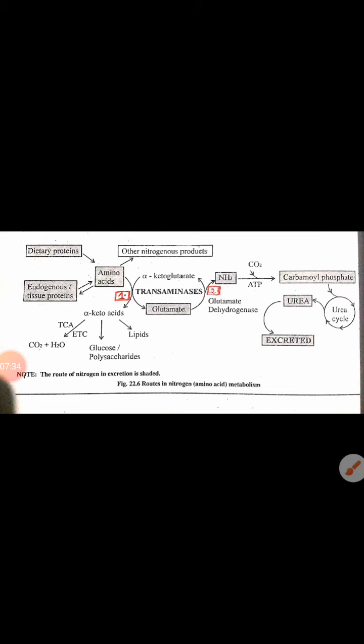Next, proteins are constantly synthesized and degraded just to have a proper turnover. You know that 50% of the cell's dry weight is made up of protein. So half of your body is made up of proteins. To understand it in one line, proteins are synthesized or degraded. So amino acid metabolism is nothing but synthesis of proteins or the degradation of proteins, in simple words.